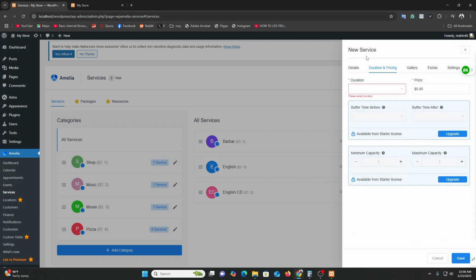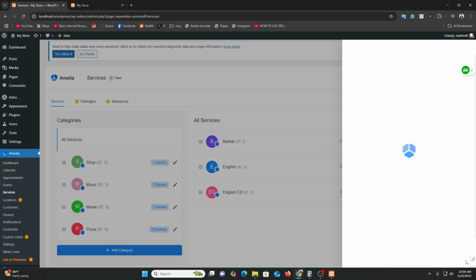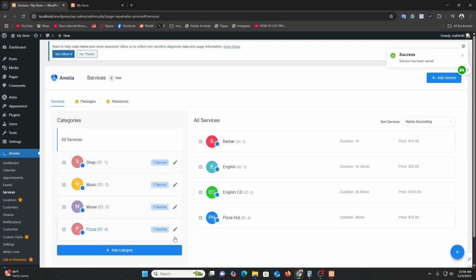Just click over here, and you need to add duration. I will deliver my Pizza Hut pizza within 30 minutes, and its price will be nearly $10. And now click on save. And now, as you can see, this pizza has Pizza Hut, and you can add more options, like let's add